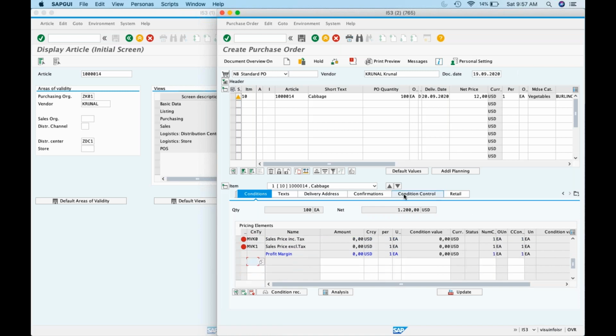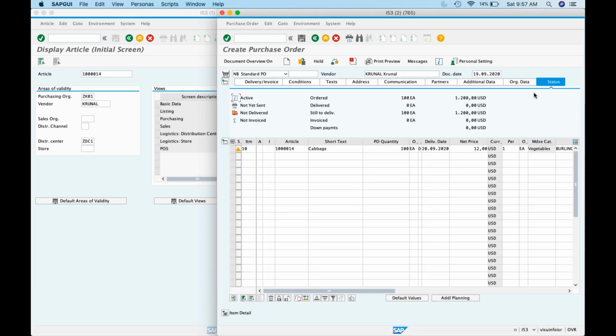So that is why 12 rupees into 100, that is the total value, net value. Now if you go to header status, it says 100 quantities you are ordering, 1200 is the total value. Nothing is being delivered so far, nothing is being invoiced so far, nothing is being paid as well so far.